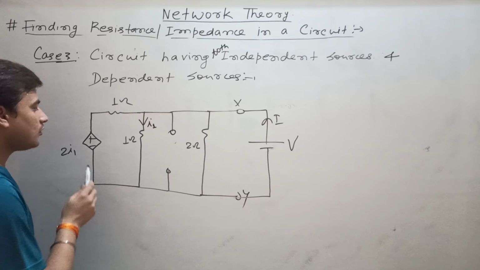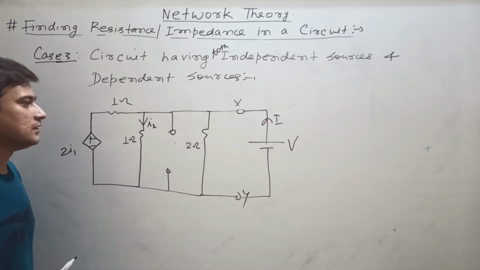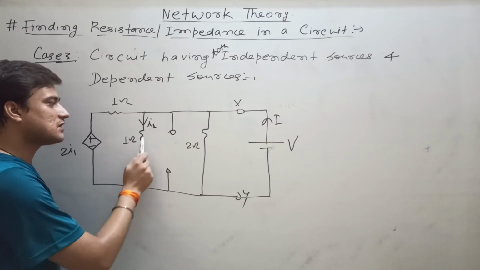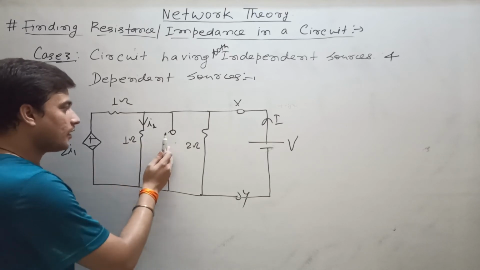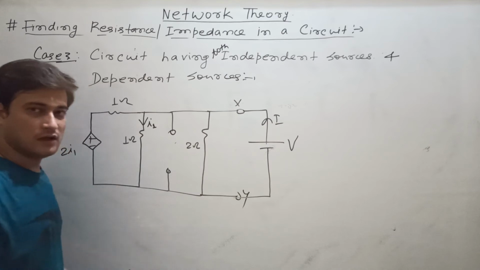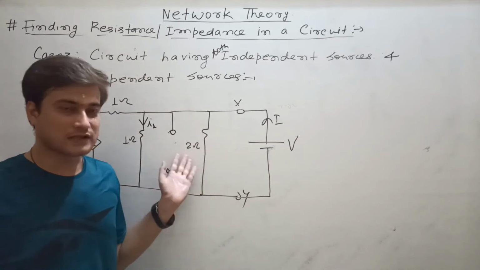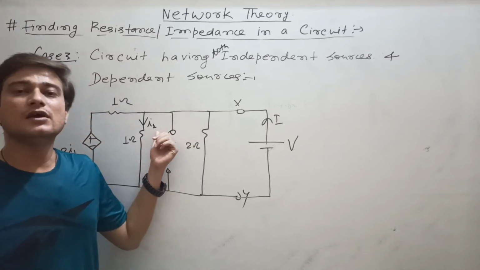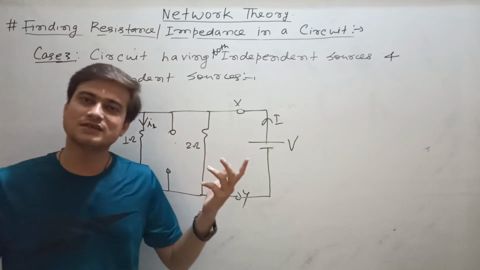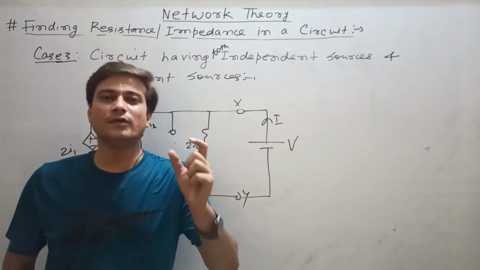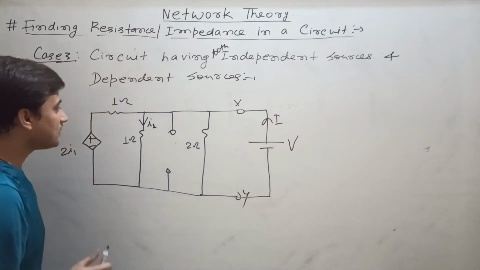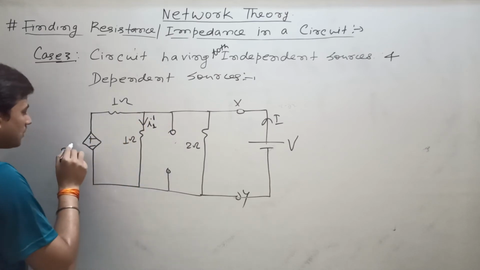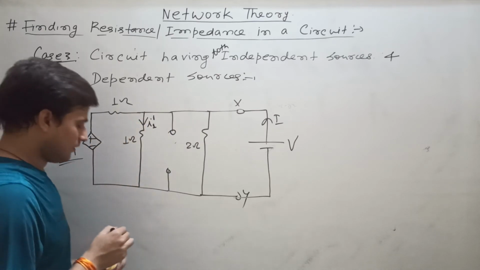Now see what will happen to the dependent sources. Here you see the current flowing through this resistance was initially I1. Now if you are making changes in the circuit, this current value will be changed. If you are making any changes in the circuit, then currents will be changed. So if the branch current is changed, you will have to write I1 dash. Here also you will have to write I1 dash.